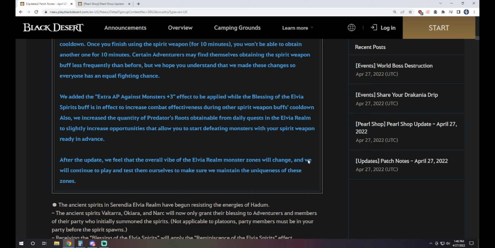They also increased the amount of predator roots that you get from the daily quests at the NPCs in each Elvia spot there. I believe it is now 15, 5, and 5, something like that. So you can pick up from a single spot 25 or so. So 2 zones would get you the 50 that you can use to get your daily weapon